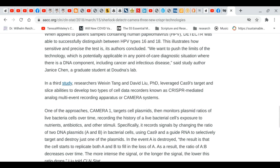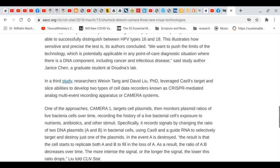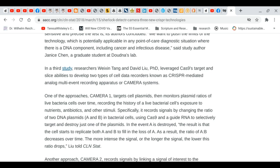In a third study, researchers leveraged Cas9's target and slice abilities to develop two types of cell data recorders known as CRISPR-mediated analog multi-event recording apparatus, or CAMERA systems. Get that. CRISPR-mediated analog multi-event recording apparatus, or CAMERA systems. So their ability to what? See inside your DNA? So one of the approaches, CAMERA 1, targets cells' plasmids, then monitors plasmids' ratios in live bacterial cells over time,